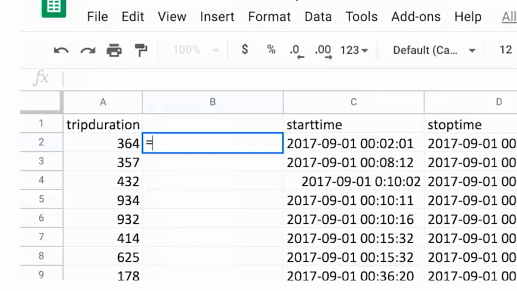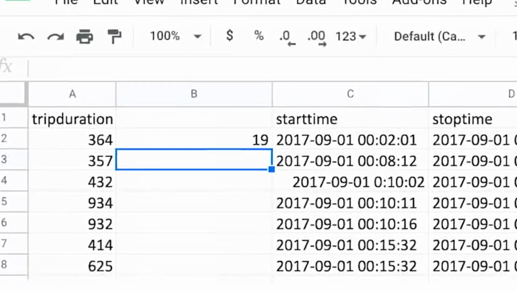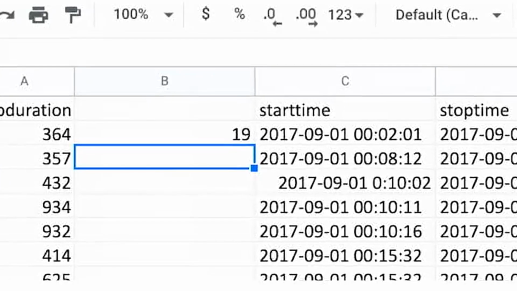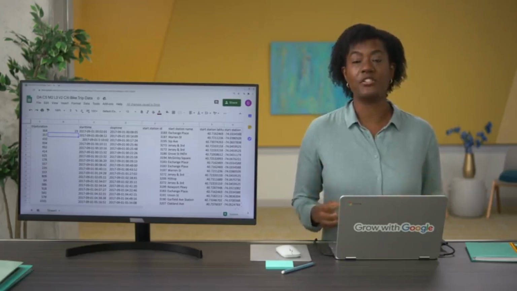We know that len tells us the length of a string. Let's check how long these date time strings are now. To start, we'll input the first part of the formula. And then we'll just select one of the cells with the date time string in it. These strings are 19 characters long. We can use the find function to locate specific characters in a string. Keep in mind, this is case sensitive. So if you're using find to pull a substring, make sure that you've input the substring correctly.